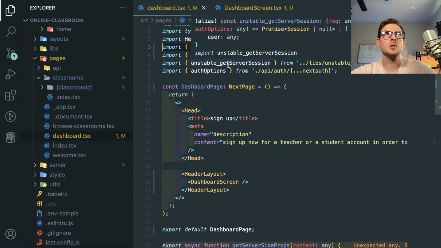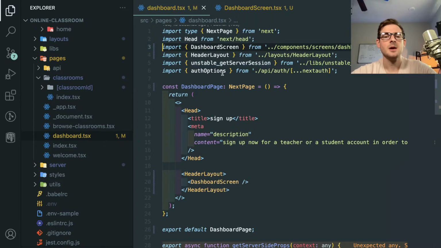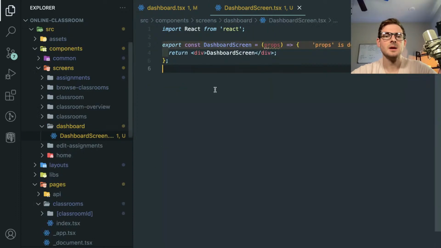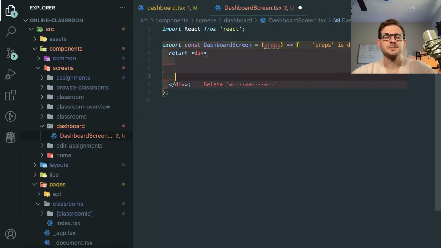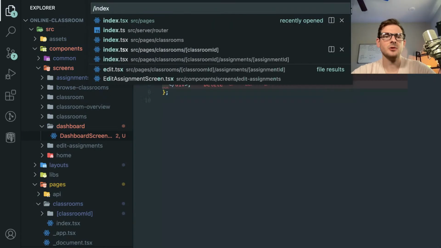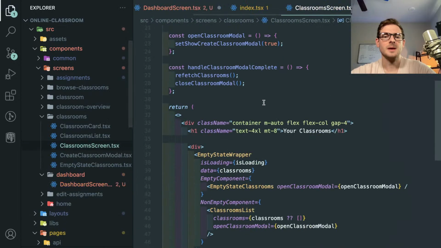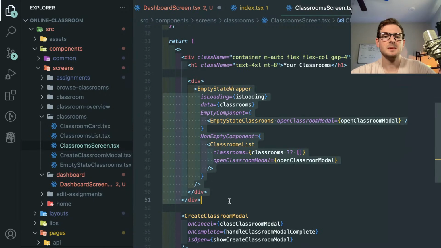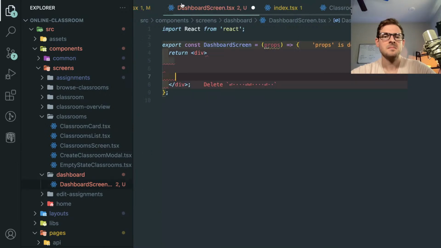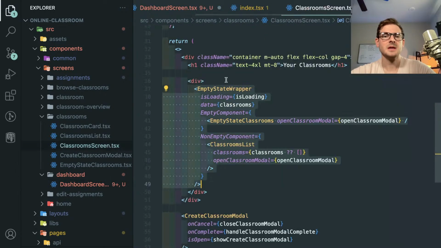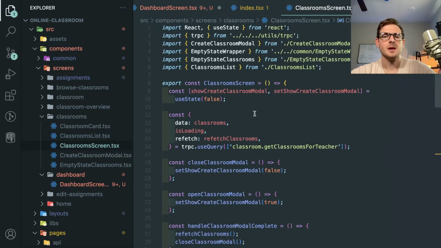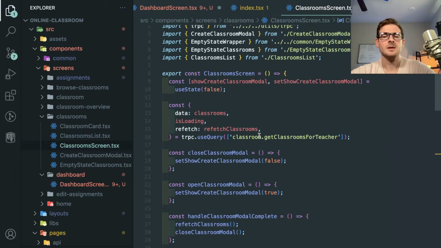All right, so again, when you log in as a student and you don't have any classrooms that you've enrolled in, you should show them something that tells them how to do that. So we actually have other pages that do that with, if I go to my classroom screen, we have this empty state thing. I'm going to paste that in. I'm going to go up here and I'm going to go ahead and find